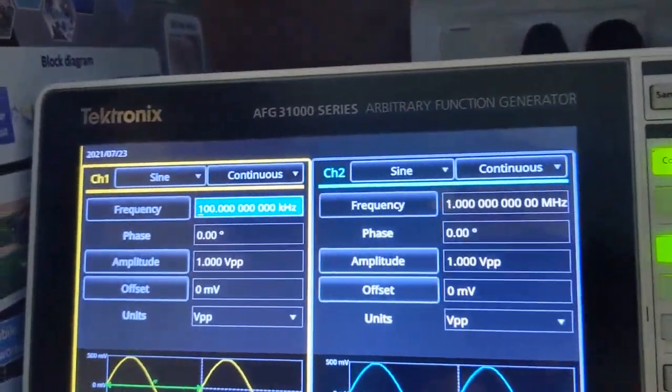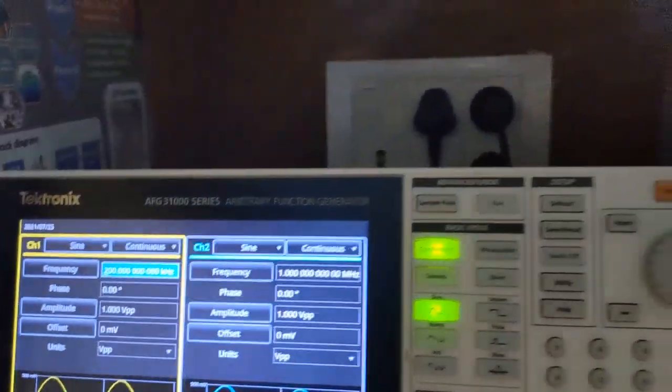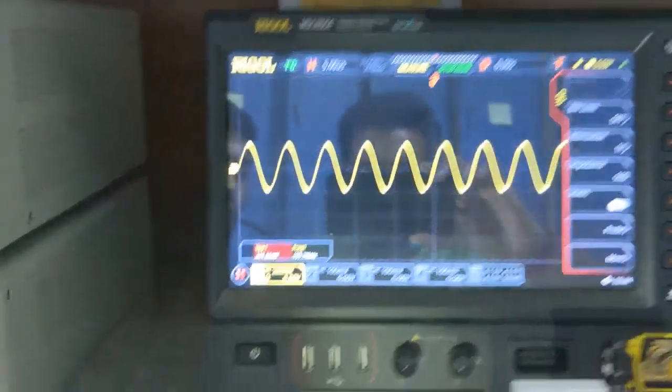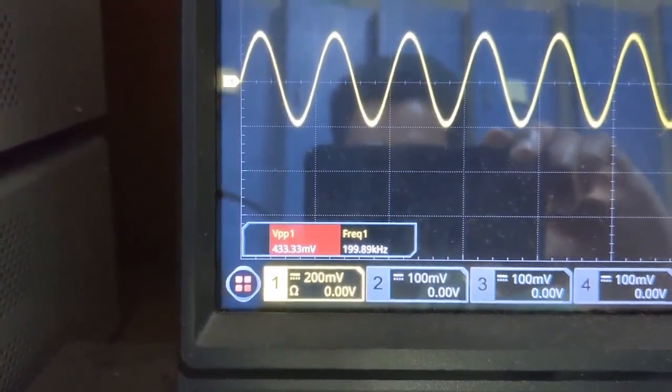Now I am increasing the frequency to 200 kilohertz, and the amplitude of the signal is 420.